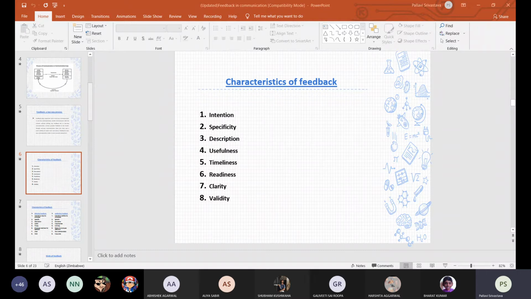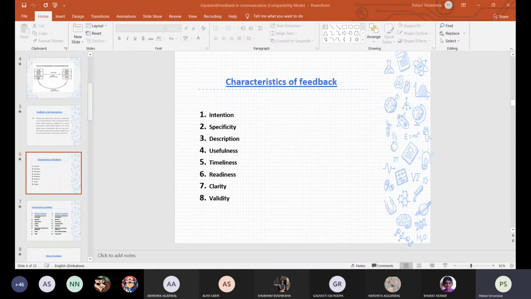There are places when people get overwhelmed because of too much information. So it's not always that the quicker the response, the better it is. It is well timed when you can watch and analyze whether this is the proper time to reveal the information or not. So timeliness is very important when we talk about feedback. You should always judge, you should always evaluate, and then reveal the information or give the feedback to that person.